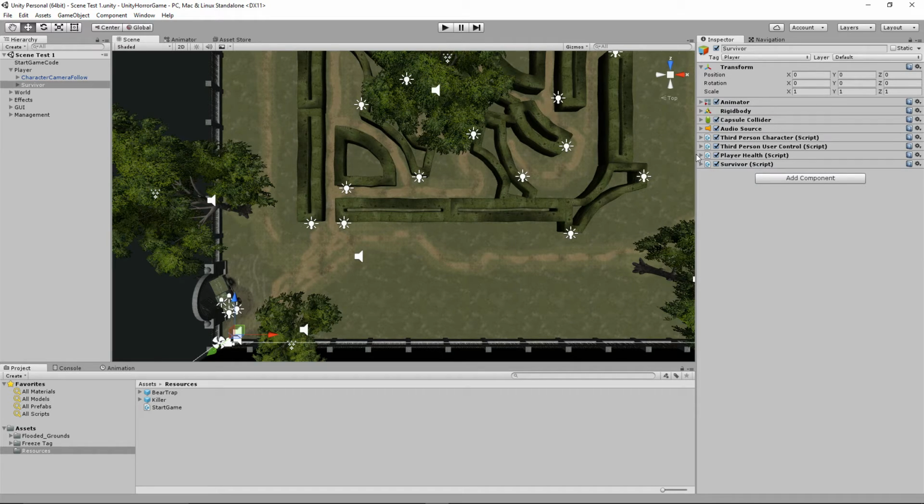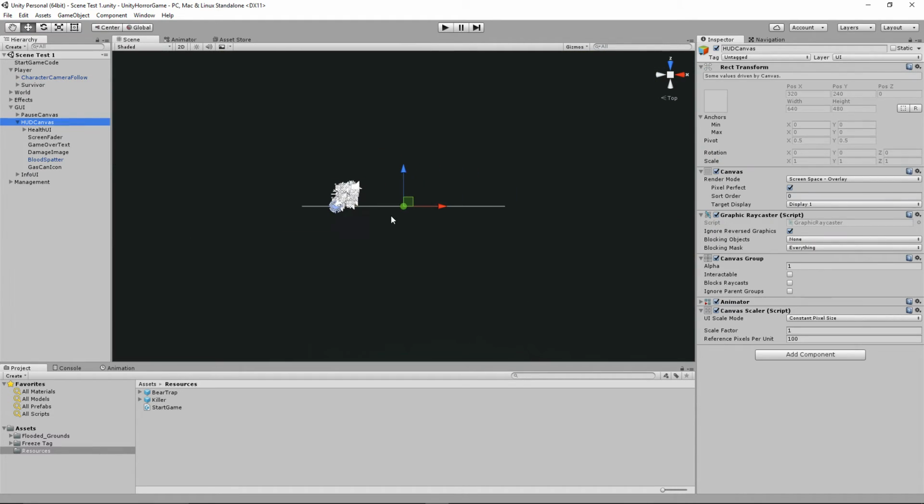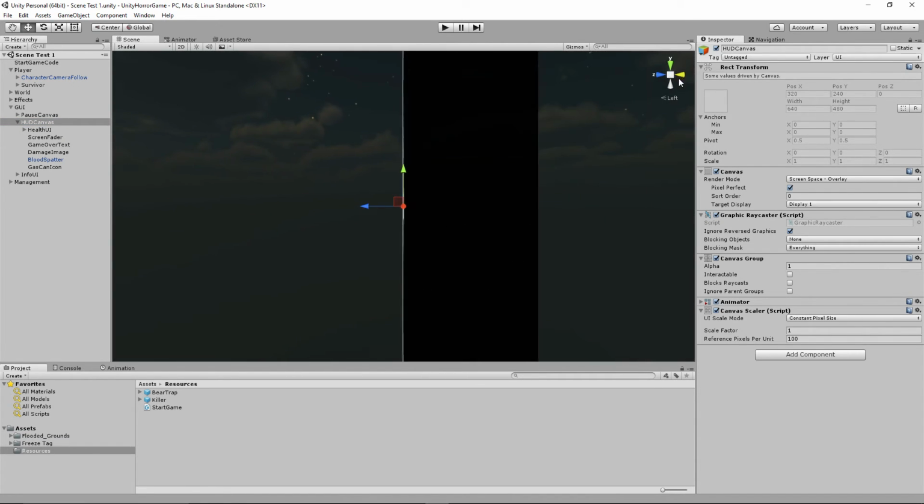But whatever you think. So for the player's health, I have a slider inside the GUI and the HUD. And this will basically control whether we see blood on the screen, when we do the game over, the damage image, the blood splatter, and the gas can, which once she gets it will actually show up on the screen here. So you can see here,